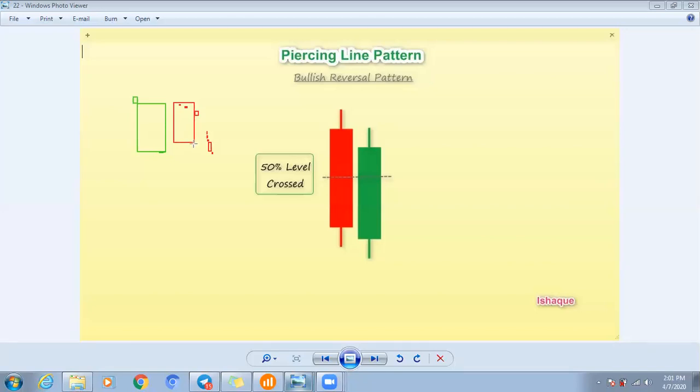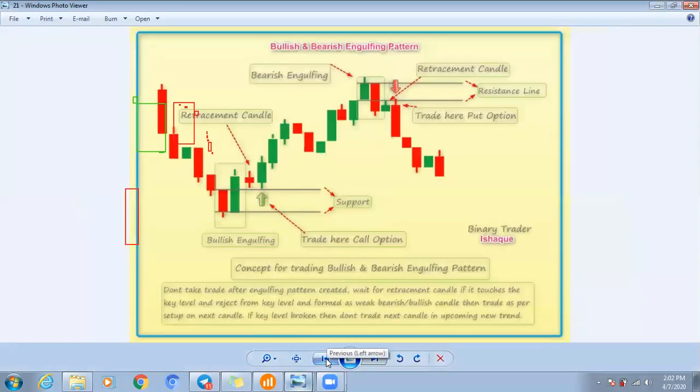I mean, when you say that the 50% of the candle is an SNR level, in big candles, which candle do you consider, and the 50% of which is the SNR? The first candle of the pattern. We consider the 50% level of the first candle, not the second candle. In the piercing line pattern, the first candlestick. All the first candlestick. Don't follow the second candlestick's 50% level.